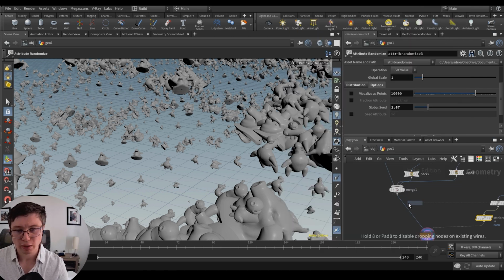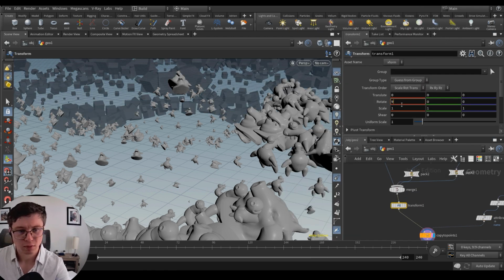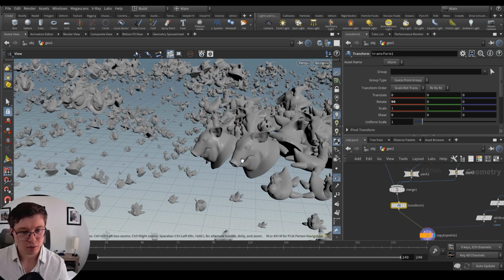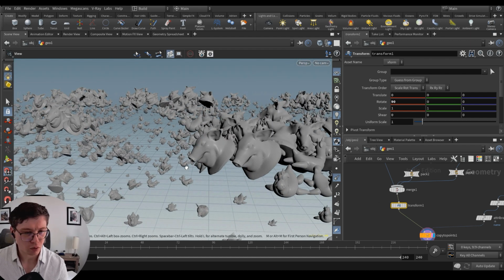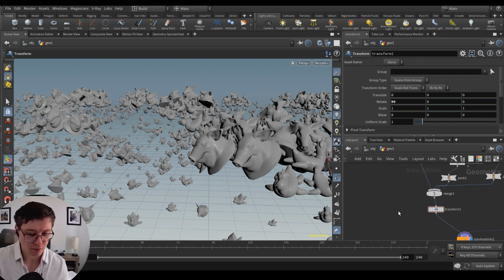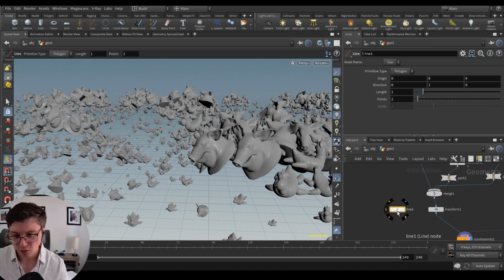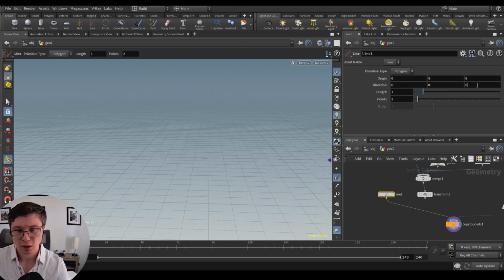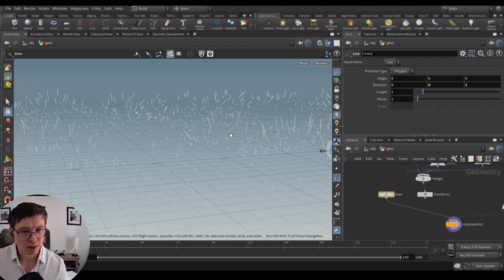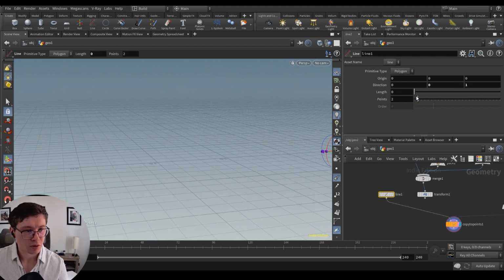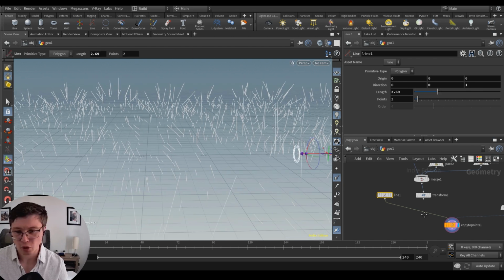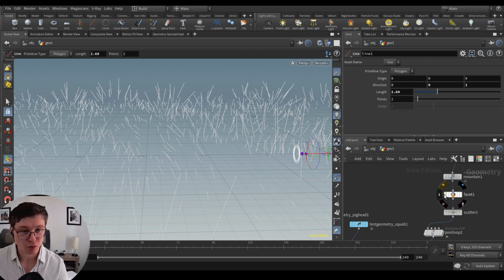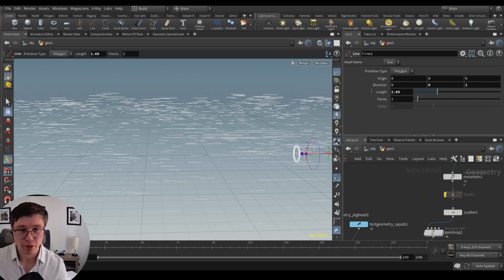Could just be we just rotate the whole system right there. And in theory, everything would sort of align with the normal of the terrain. It could be easier to visualize that with just a line system, actually. And we'll set that in Z. So yeah, we do see how things follow the normal of the terrain. Neat stuff. Because without that, it would be in the Z direction, right?